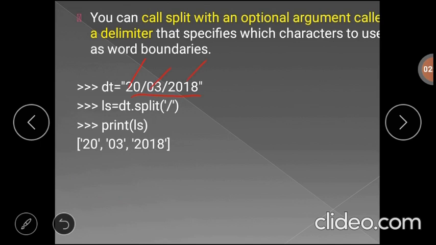Here we are applying the split function to this variable dt along with the parameter /, and it will split the given string based on the delimiter. The final output will be 20 in the 0th index, 03 in the first index, and 2018 in the second index.